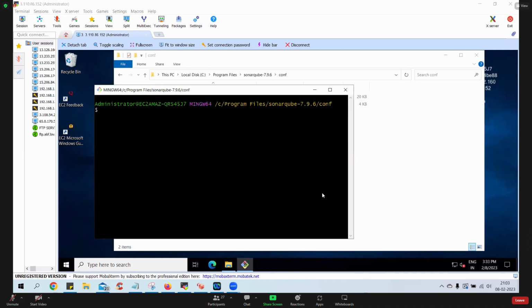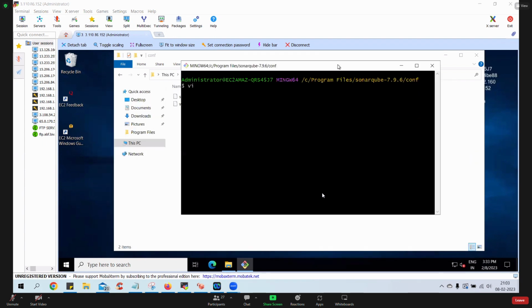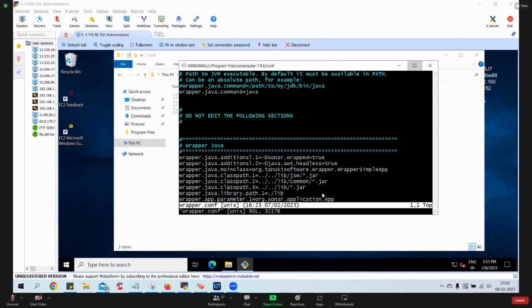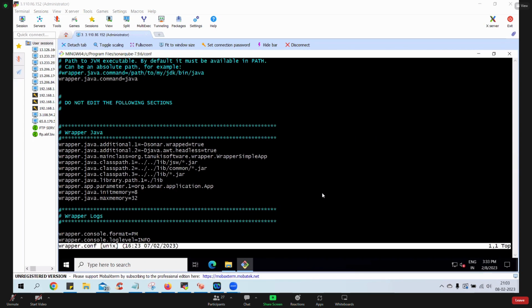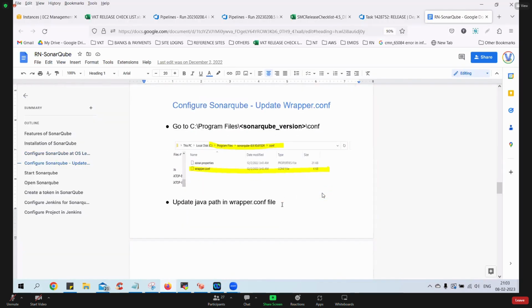And you need to open that file, vi, and type that file name. What is that file name? Wrapper. Okay. Open that. Once you open, have a look from top to end. But generally don't juggle with this file because you have to do very precise edits here. Very sensitively you need to edit. So once you open that, then